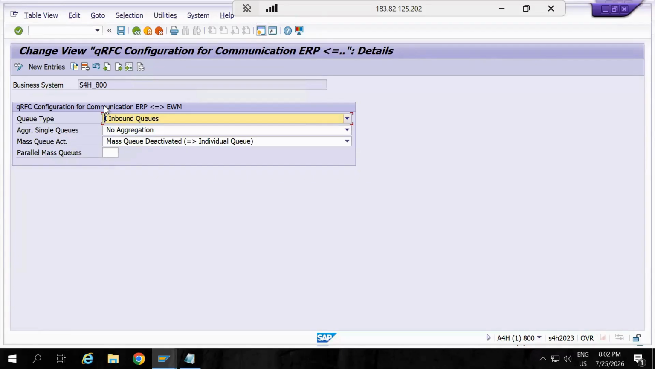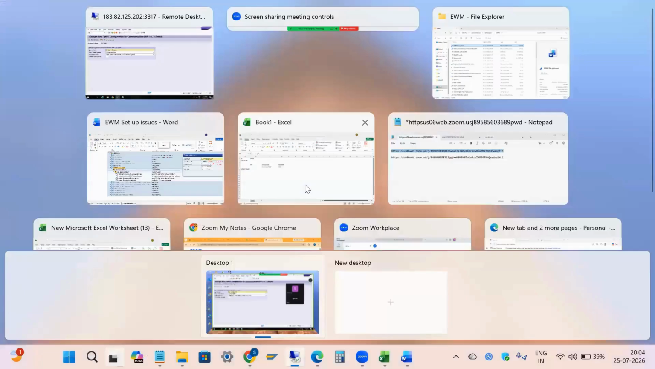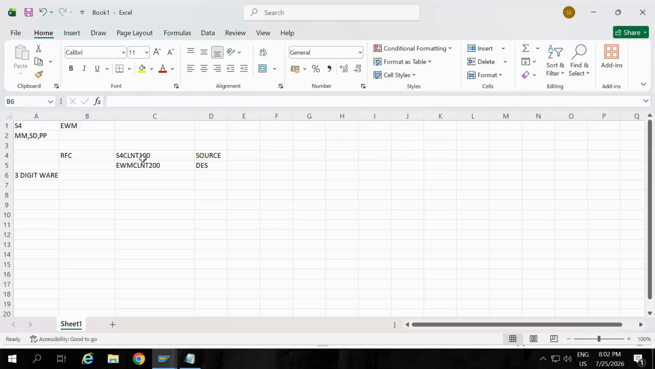we have an inbound queue. So what is a queue? For example, if you're transferring data from one system to another system, from S4 to EWM, EWM to S4, what will happen? We have transactions called SMQ1, SMQ2, SMQ3. So what are all these transactions? Q means, for example, if data is stuck somewhere, if data is unable to move further, it will stay in the system log. So that is called